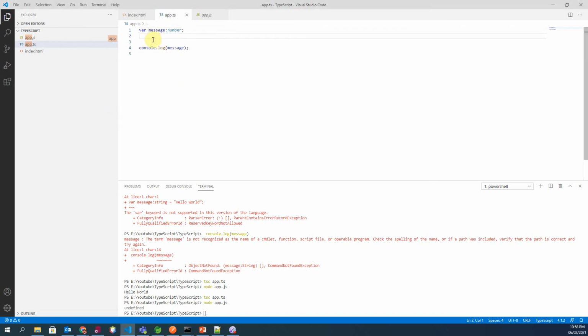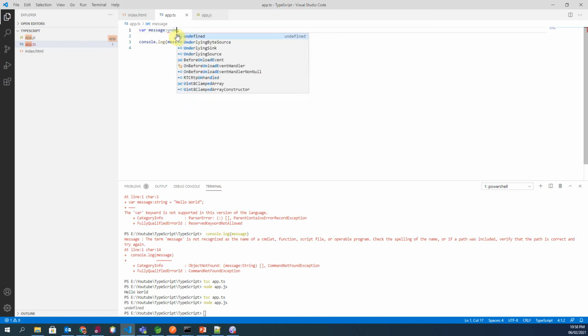So let's talk about null and undefined. Are they the same? No. Null and undefined data types are often a source of confusion. Null and undefined cannot be used to reference the data types of a variable. Means to say, we cannot use undefined here equal to string. Similarly, we cannot use null over here as a data type of message,